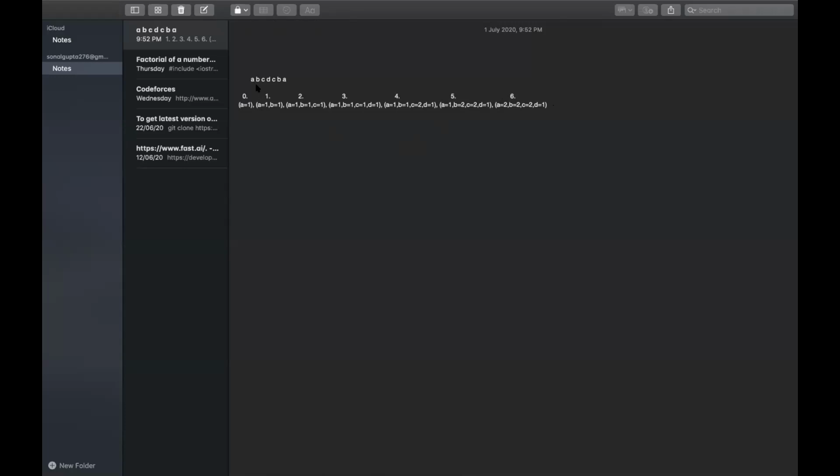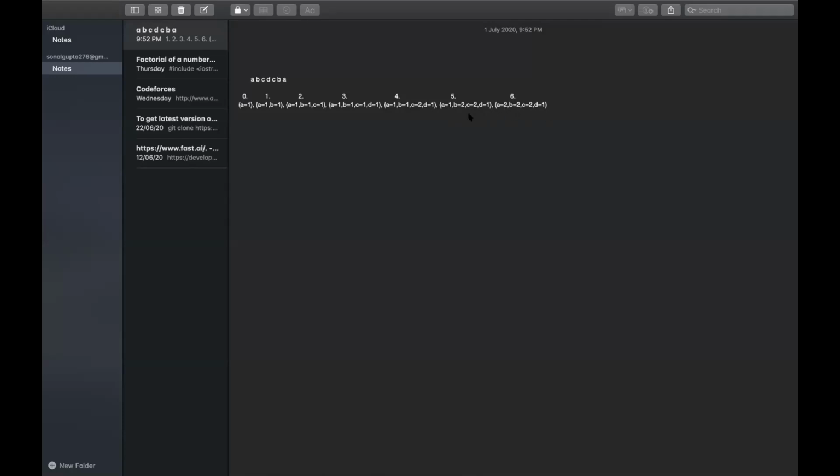Sure. Yeah, this is my string, and the index is like A is at 0, 1, 2, 3, 4, 5, and 6. So at the 0th index I have A equal to 1. At index 1 I have B equal to 1, and it goes on the same till the 3rd index, and on the 4th index I now have C equal to 2, so I just update that. On the 5th I increment B to 2, and on the 6th I incremented A to 2.